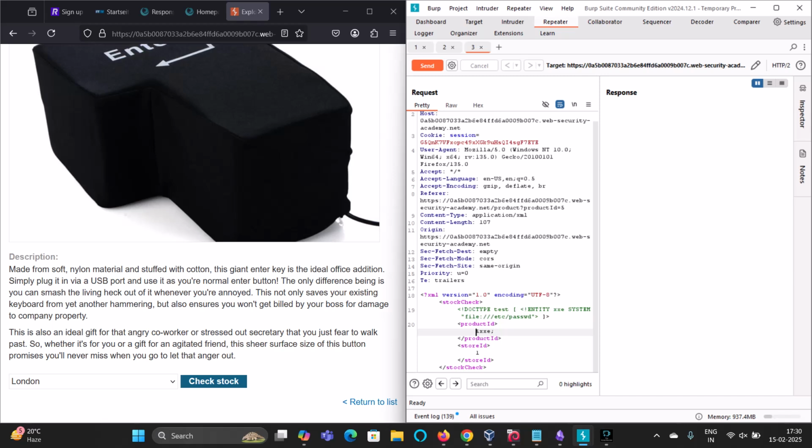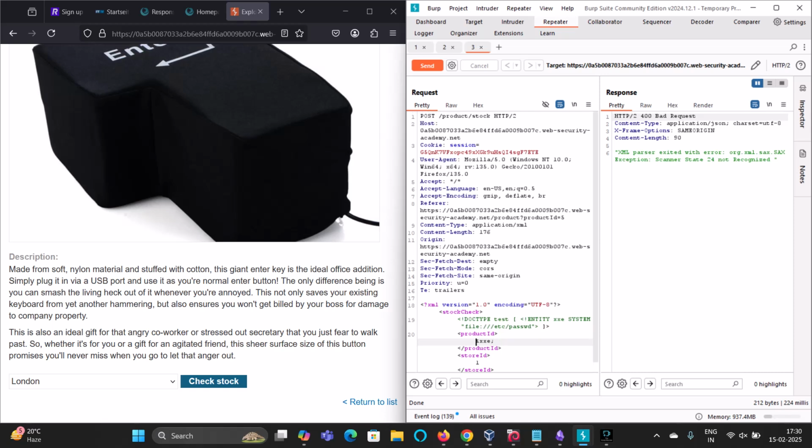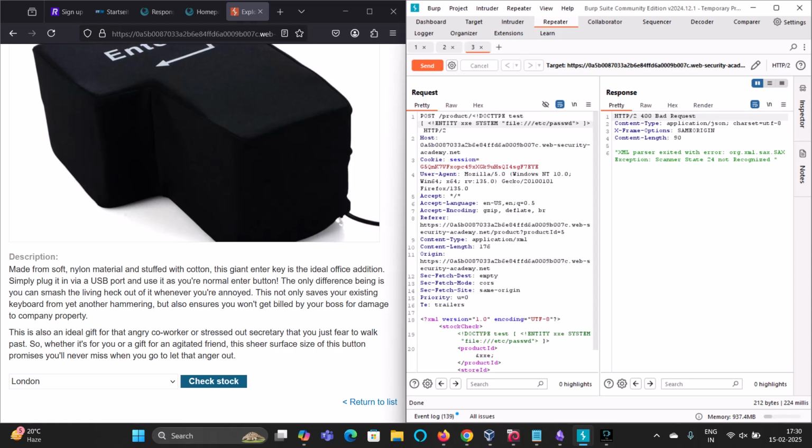Now what I'll do is check the response. It is still showing me the same. Maybe I am making some mistake in the product ID. Where is it stating product stock instead of the stock? I guess it is showing. Okay, let me just do it here. Okay, and the product ID,